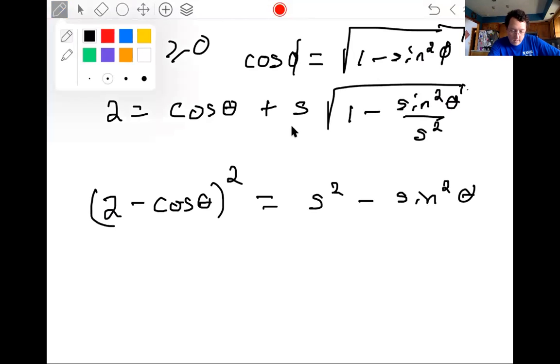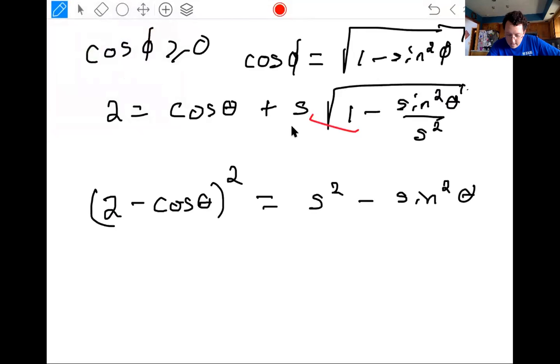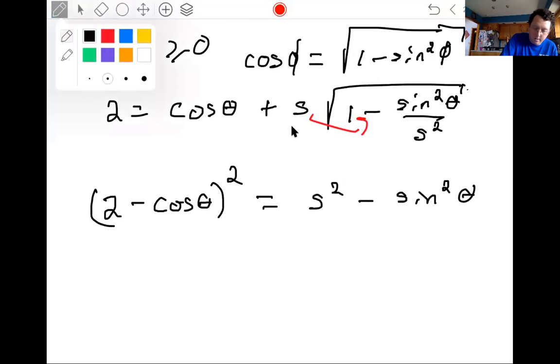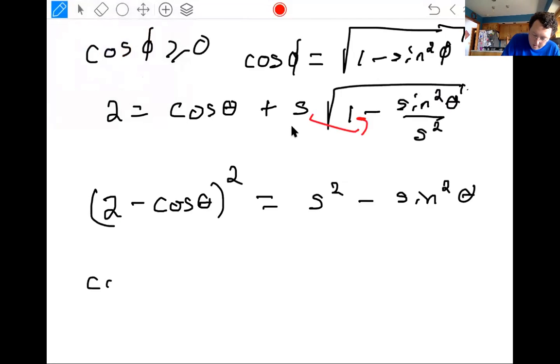So I've moved this inside and multiplied everything by s squared, and then I reordered it and squared both sides to get that result. Is it worth it? Sure, we could expand it out a little bit more. I could write this as, oh, I would get a cosine squared theta from there, yep, cosine squared theta